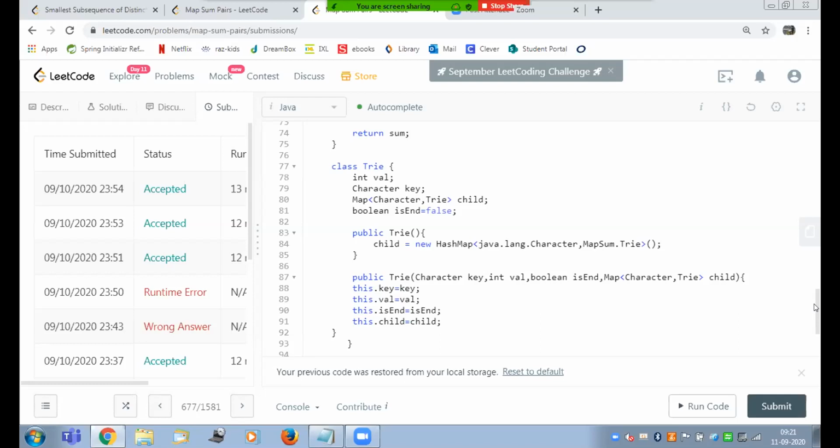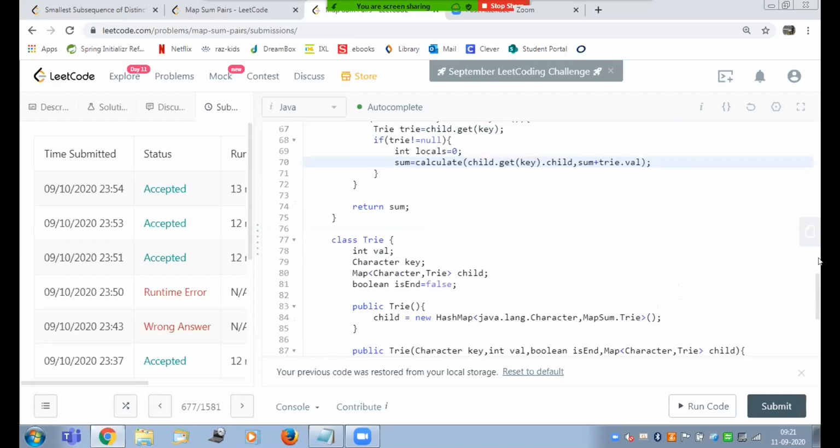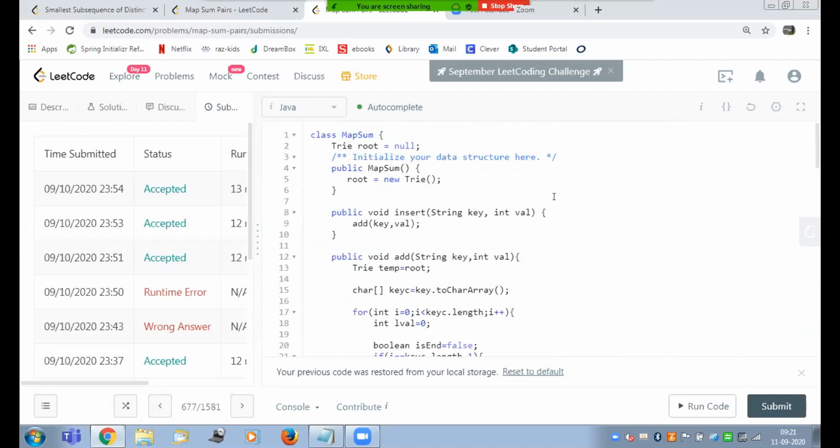And I'm just maintaining the isEnd flag because I'm using that somewhere. I will go through that and the collection of children. Initially I just created the empty root so that the first character I can start comparing with the children of this root.